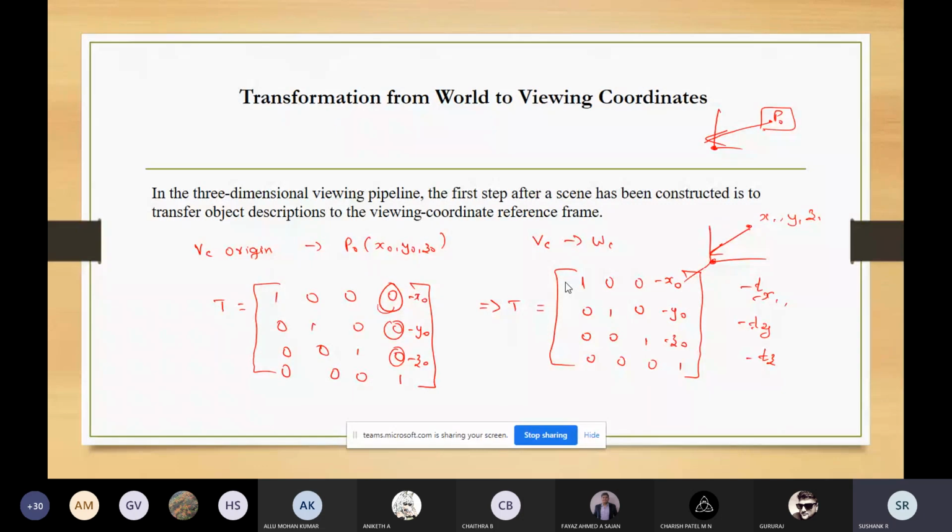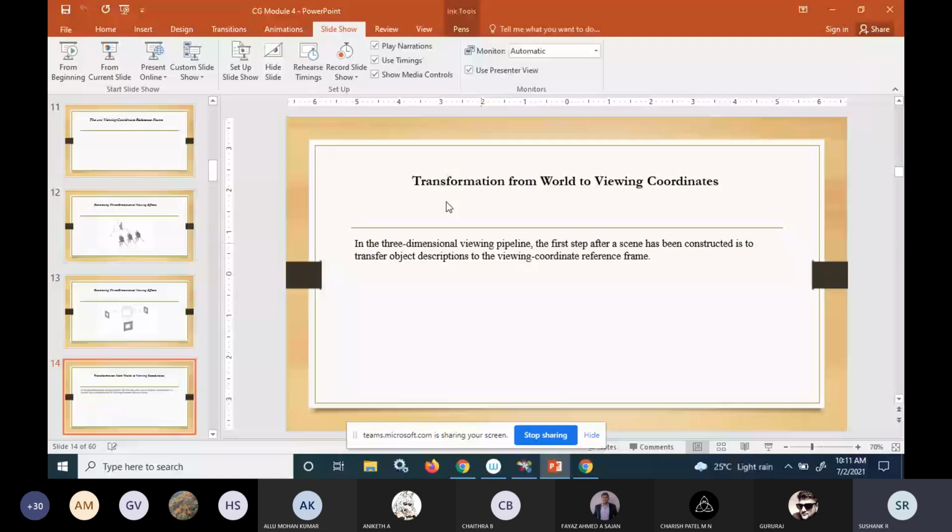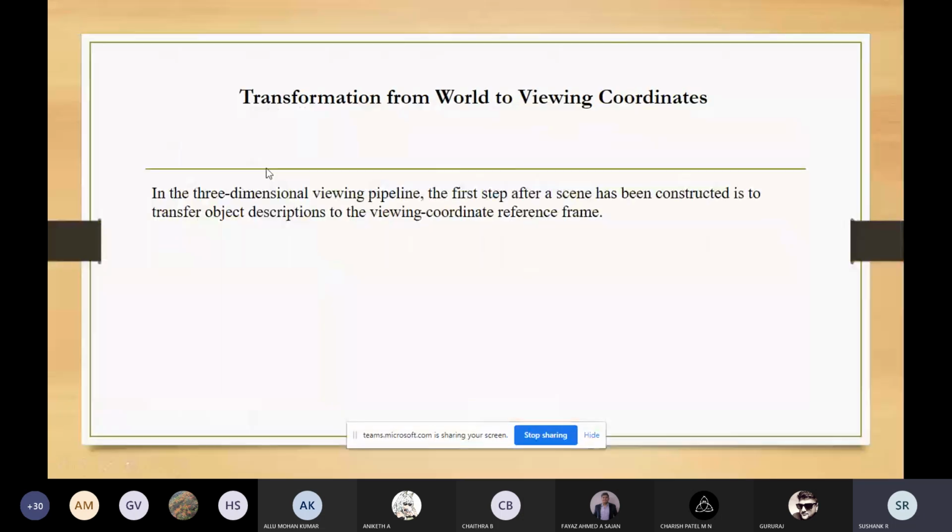Now you can make the changes, like you can capture the different phases of the object. So how is it done? The second step will be rotation. So how do we rotate? We will use the rotation transformation matrix.